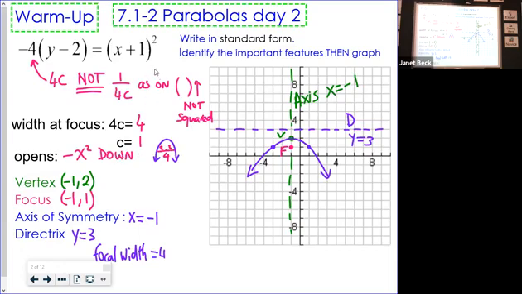So we know that what's inside the parentheses gives me the shifts. This is shifted left 1, and this is shifted up 2. That gives me the position of my sort of reference point. On a parabola, that's the vertex. So my vertex is going to be at (-1, 2). Now, on a parabola, we then look for the focus. The focus is going to be down because it opens down. It's going to be underneath the vertex, so the x won't change, but it's going to go down by whatever